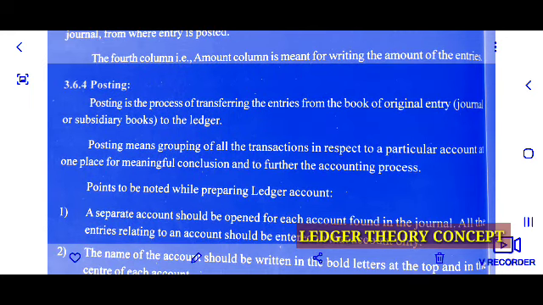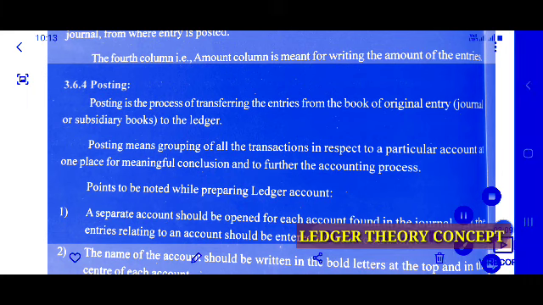So next, posting. Posting is the process of transferring the entries from the book of original entry, that is journal or subsidiary books, to the ledger. So already I explained you, posting means transferring the entries from journal to ledger. Posting means a grouping of all transactions in respect to a particular account at one place for meaningful conclusion and